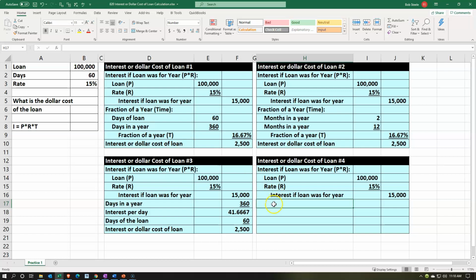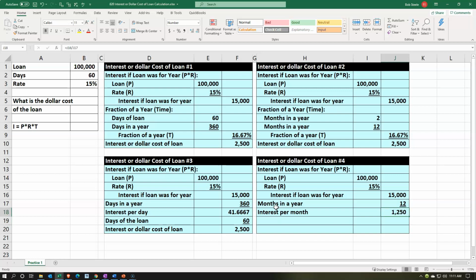So if they gave us the months, we'd say, okay, well, let's take the months in a year. We know there's 12, so 12 months in a year. If this is for a year, and I need so many months, then let's break it down to what would interest be per month. So Home tab, Font group, underline, that's going to give us our interest per month. And we're going to say that's going to be equal to the 15,000 per year divided by the 12 months, which would give us